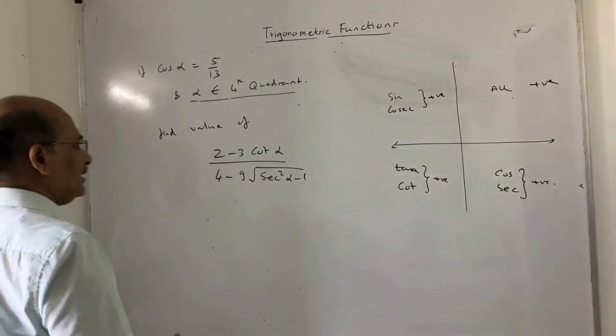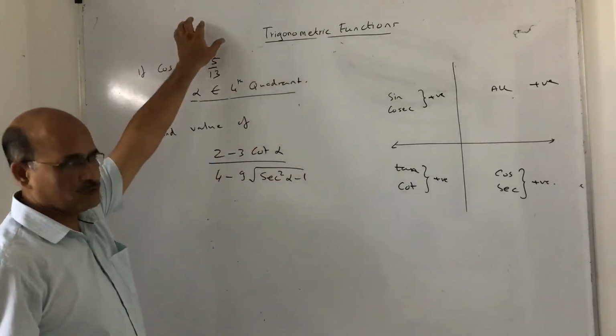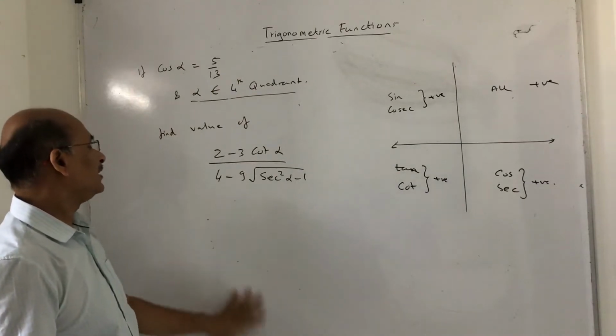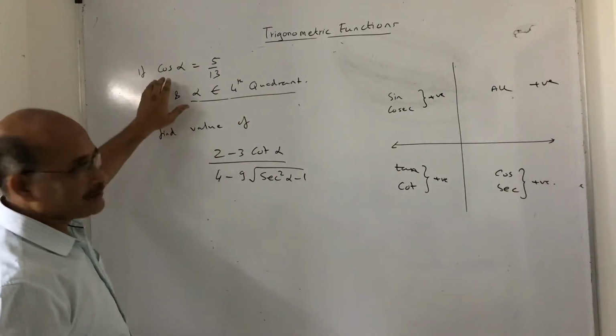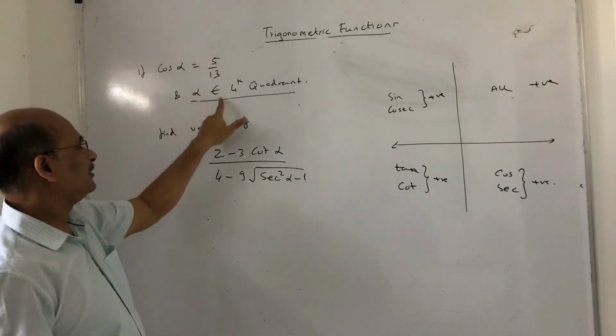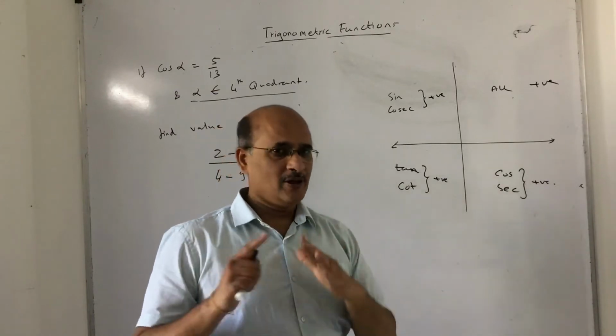So children, now let us see the next question based on what we have done, exercise 4C. We are trying to work out the sums. Now this is covering most of the part, but anyway, not an issue. So let us read the question first. Cos alpha is given positive. I am not worried about positive or negative. Alpha is clearly mentioned as fourth quadrant. In the fourth quadrant only cos and sec are positive, remaining all are negative.